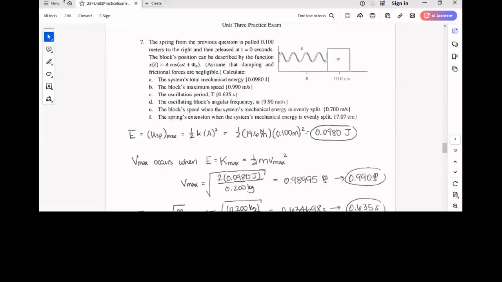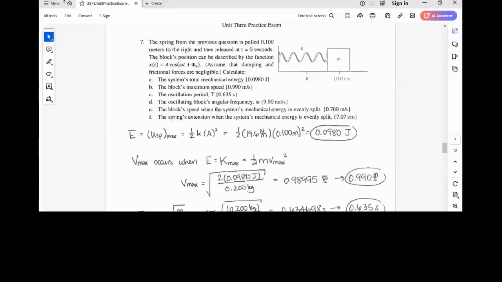Calculate the system's total mechanical energy, the block's maximum speed, the oscillation period, the oscillating block's angular frequency, the block's speed when the system's mechanical energy is evenly split, and the spring's extension when the system's mechanical energy is evenly split. Starting with part A, I have enough information to figure out what the maximum elastic potential energy in this system is. I know that's going to correspond with the times when the block is at a position of either plus 10 centimeters or minus 10 centimeters,